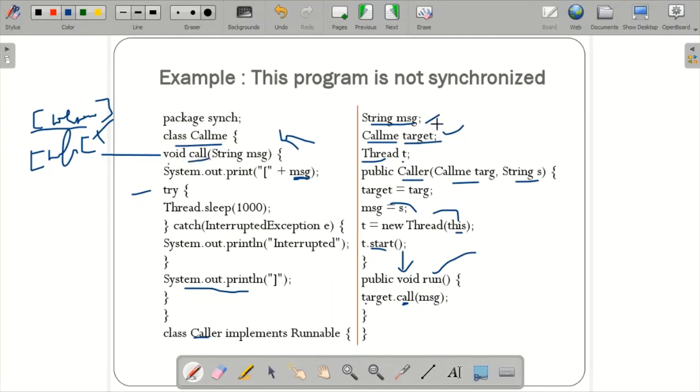You cannot call the function by using the class, so obviously you have to call using the object. So target dot call, when I give within the runnable, that will call this particular function. So target dot call with the parameter message that I want to send will call this particular function. Here I called the constructor. That constructor is just to store the target name, whatever you're sending, and then the message you're sending, and it will make your thread ready for execution. When you say new Thread, that is ready for execution, and it is the object being created of the thread, and it is the one thing which is running the Runnable interface. So in between t.start and then public void run, this is the concept.